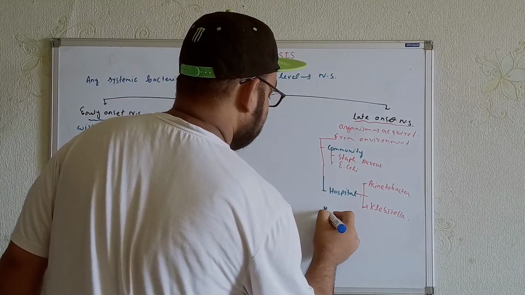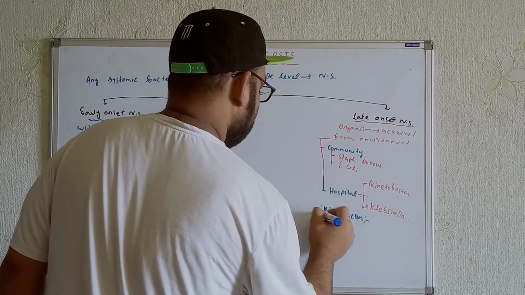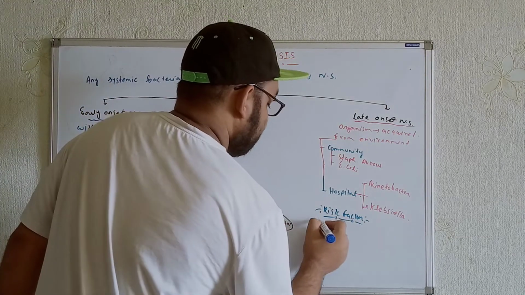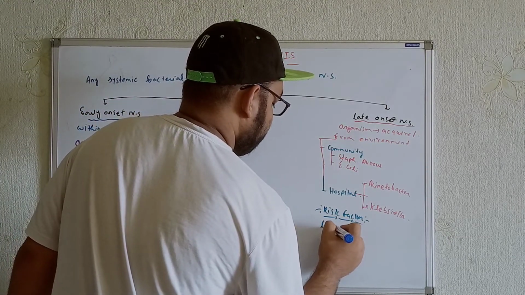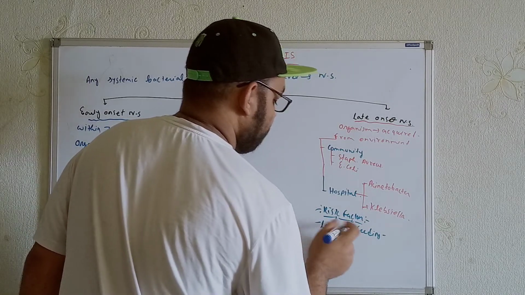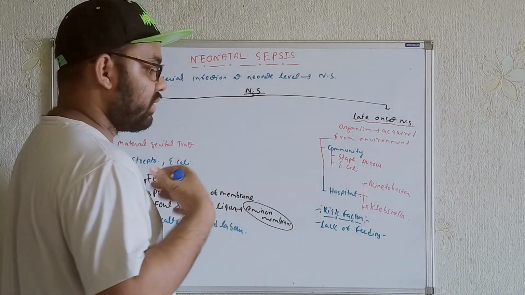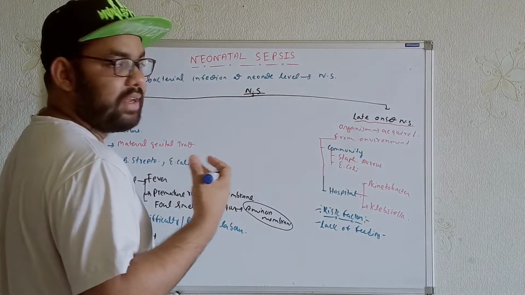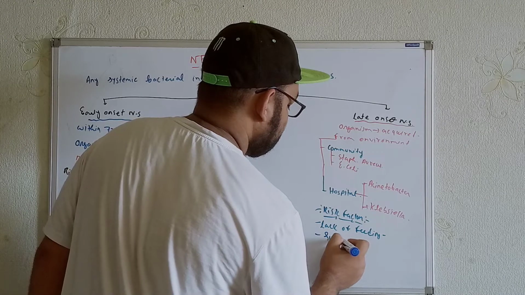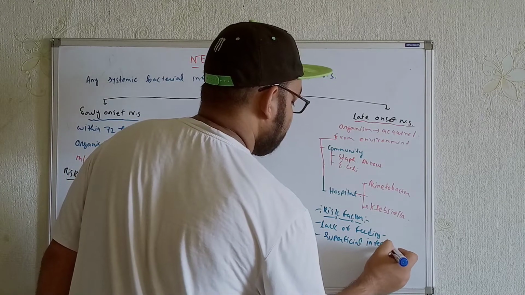Basically, we will see the risk factors. For example, I am just talking in terms of the neonates. So here we will see there is a chance of lack of feeding. So the feeding nature will be lost. The neonates would not like to eat anything, or the breastfeeding. If we just talk about that type of problem, we will also see superficial infections. In these cases, we can also get superficial infections.